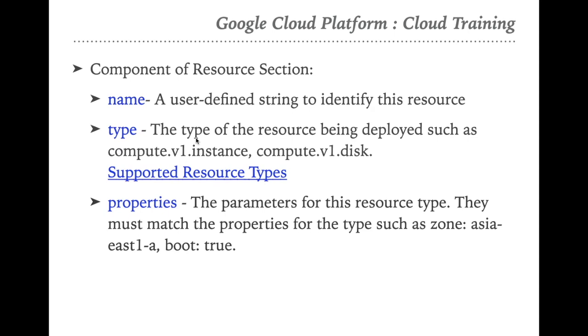Then we have the properties, and in the properties you can define the properties of the resource which will support that particular resource. Suppose you are creating a compute engine, then you need to define the zone, the machine type, the network it will use, the boot disk, the size of the disk, and the image. In another case, if you are defining a cloud bucket, you need to define the bucket name and the zone, in which the bucket will be created, regional or multi-regional. In the same way, for a firewall rule, we need to define the firewall rule name, the protocol, the port, and other required things. So every resource has its own properties, and these properties can be customized on the basis of the resource.